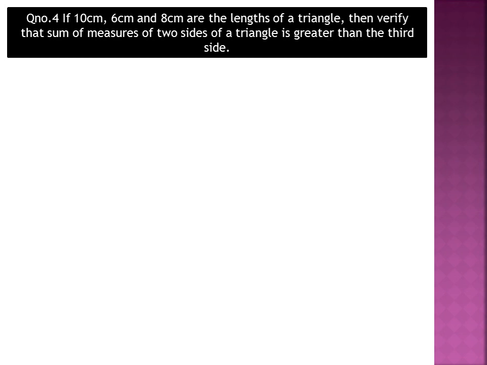First of all, we will write the sides of the triangle with the names A equal to 8 cm, B equal to 10 cm and C equal to 6 cm. Now we will find the sum of the sides A and B. For this we can write 8 plus 10 equal to 18 cm, and you can see that the sum of the sides A and B is greater than the third side C. For this you can write 18 cm is greater than 6 cm. It can also be written as A plus B is greater than C.